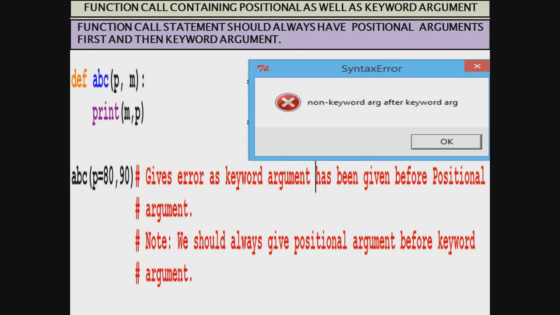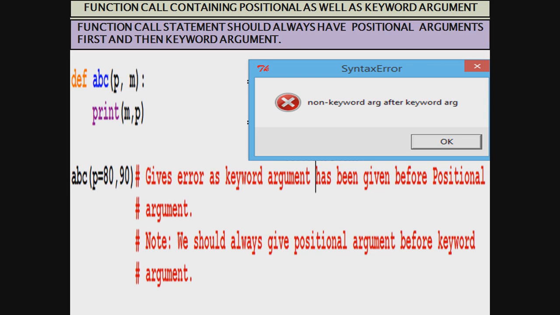See here, ABC is a function. In ABC you can see that we have two parameters, P and M. Now while calling ABC, we have put a keyword argument P is equal to 80 first, and then we have put a positional argument 90.